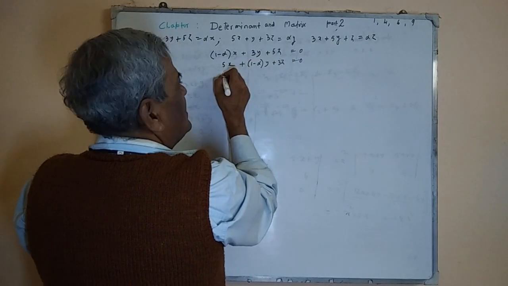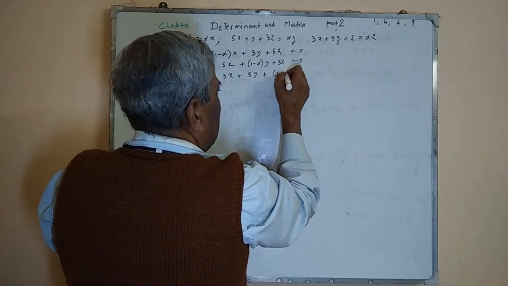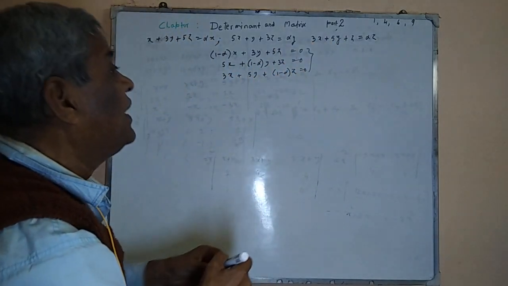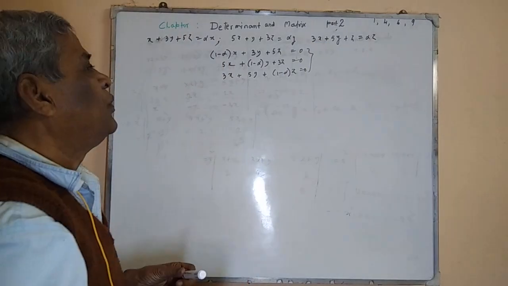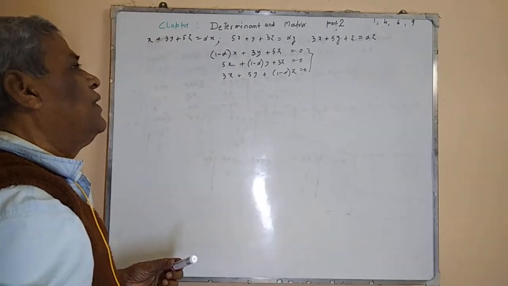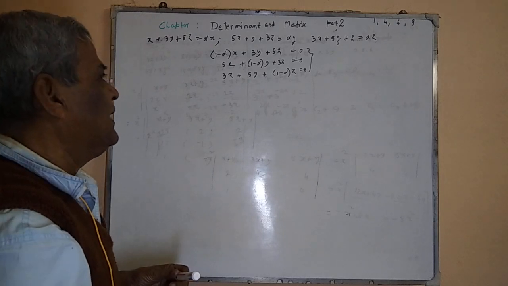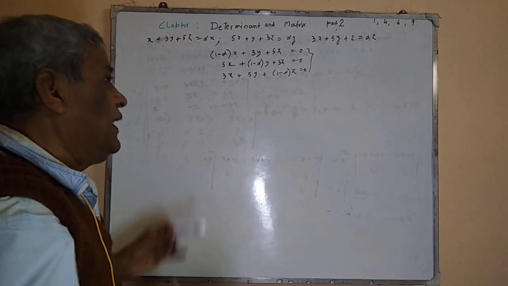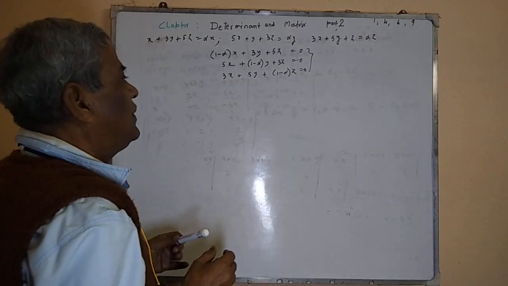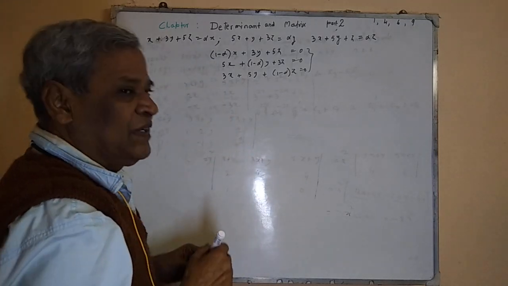And the third one is 3x plus 5y plus 1 minus alpha z is equal to 0. So we get three equations with three unknowns, and each is a homogeneous equation, and the powers of x, y, z are each 1. This will have an infinite number of solutions only if the coefficient determinant of x, y, z